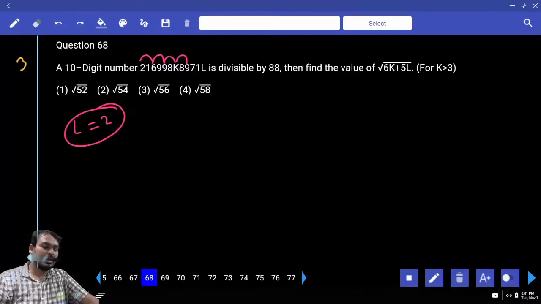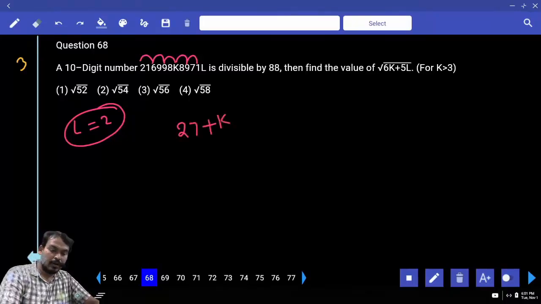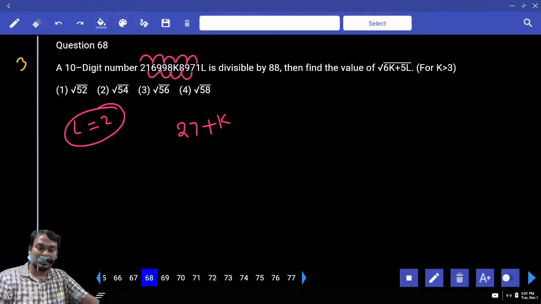Plus K or not? Plus 1, 27. 27 plus K or not? And one more. 1 plus 9, 10 plus 8, 18 plus 8, 26 plus 7, 33 plus 2 or not, because L value is 2 or not, total it is